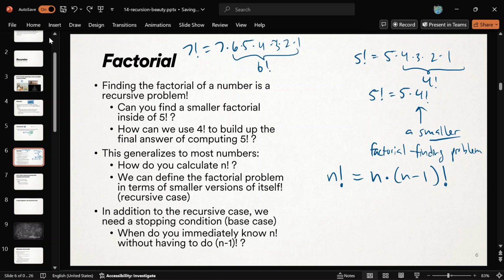We call that the recursive case. That's when you're solving the problem in terms of a smaller version of it. This is called the recursive case for the answer. And sadly, this is not good enough. We need one more case, but that's most of it. That was our general case. How do you calculate n factorial? Well, n factorial is n times n minus 1 factorial. It works if n is 5, works if n is 7, works for most numbers. The last thing we need, though, is a way to stop this process, because it's always handing off the problem to a smaller version, smaller and smaller and smaller.